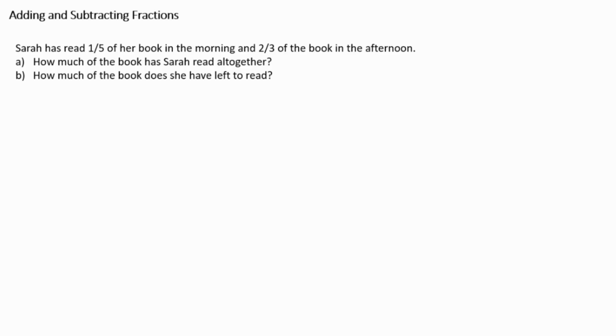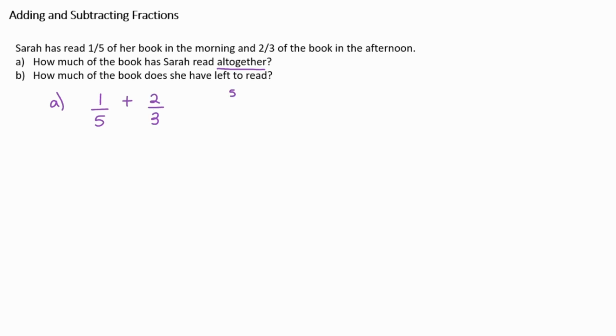This question says, Sarah has read 1/5 of her book in the morning and 2/3 of the book in the afternoon. Part A. How much of the book has Sarah read altogether? So for part A, because the question is asking us to find how much she's read altogether, we are going to add what she has already read. We're going to add 1/5, because that's what she read in the morning, to 2/3,